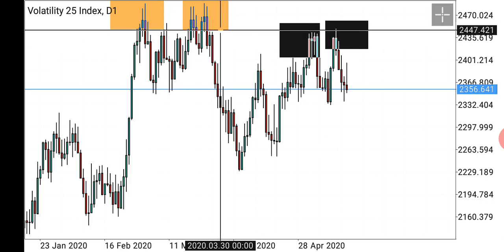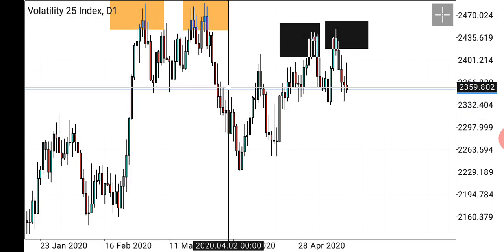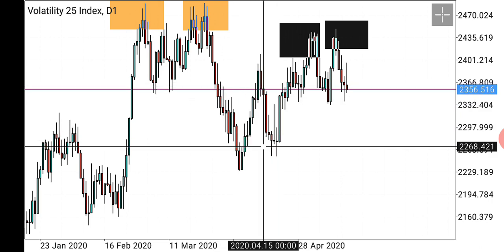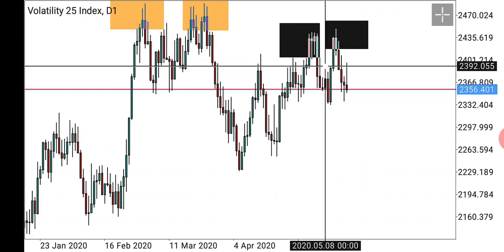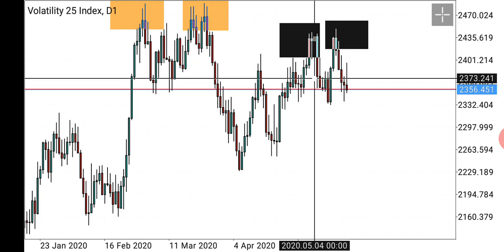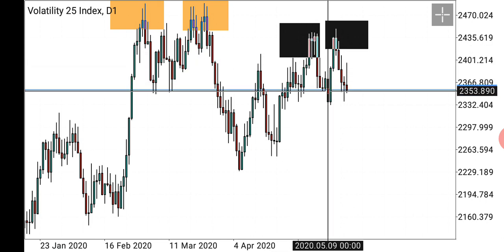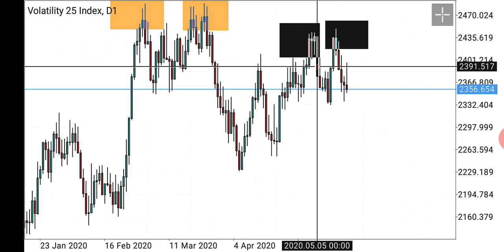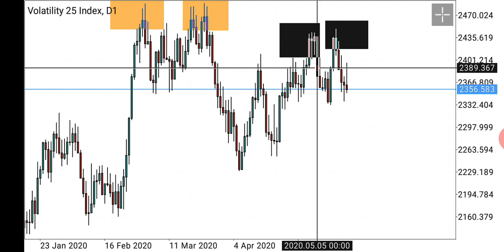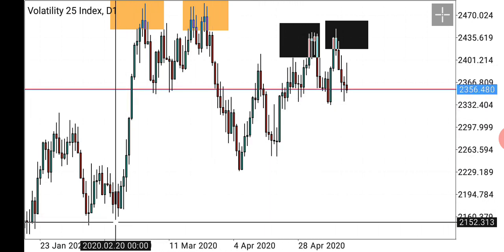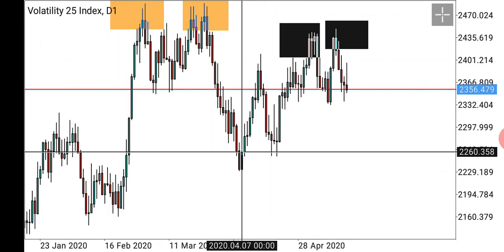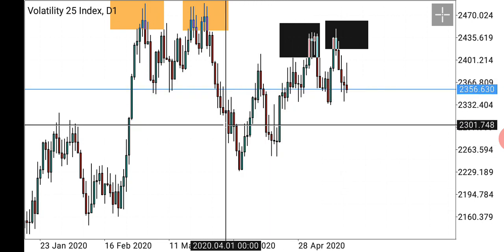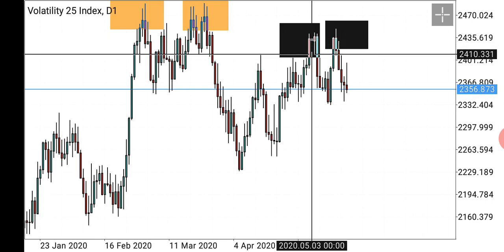It created an M pattern here. We ought to receive a retest here. It gave us a retest, but when it got here, it couldn't continue. It went back. This M here is a fake out, and it has shown us that yes, it's going to continue selling. We were once in this trade, but it took us out at our break even. We went out with some profit, but our target was very far down below. It didn't get to that point because most of our trades are swing trades, so it took us out at our break even, and we went out with some profit.